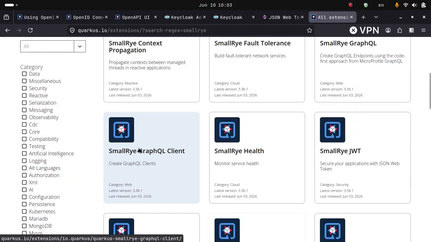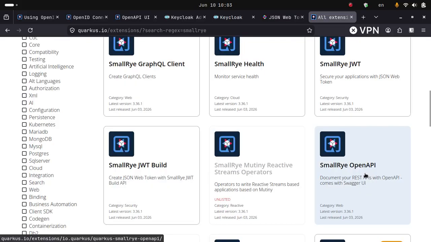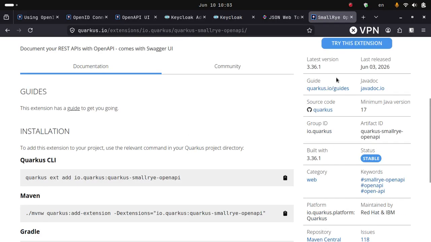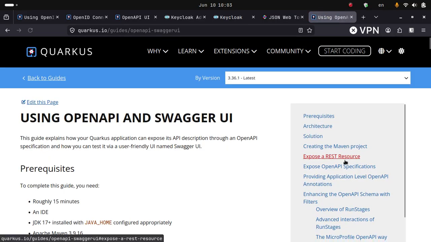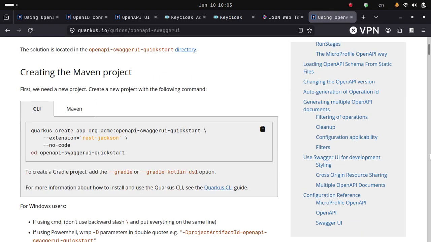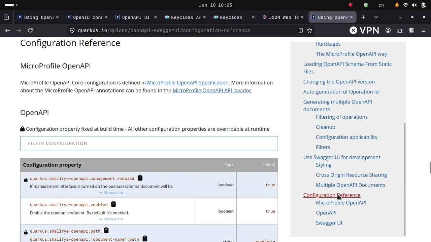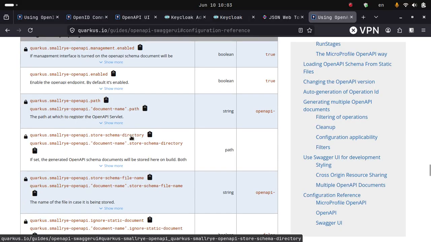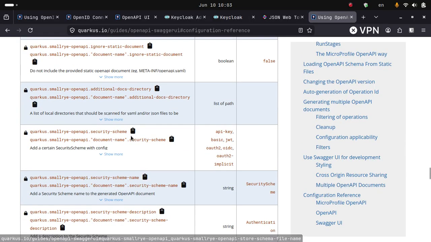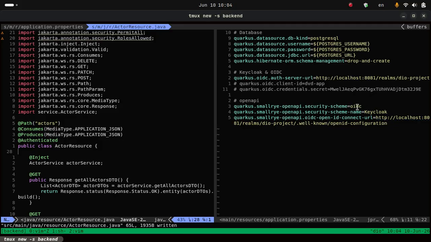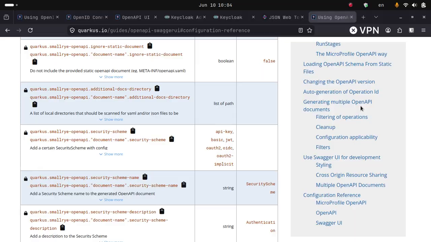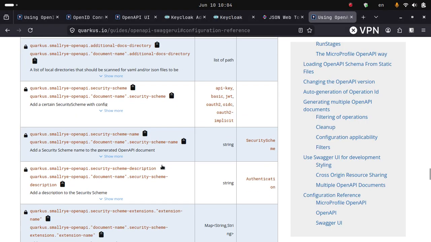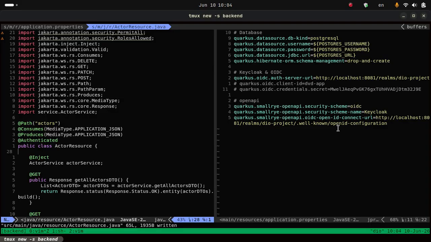Yeah, so it's more OpenAPI with Swagger. You can see here. So yeah, look at it. So Quarkus SmallRye OpenAPI security scheme. We're using the OpenID Connect, and then the name, it's Keycloak, and the URL where we find this